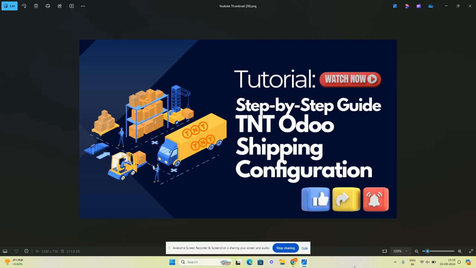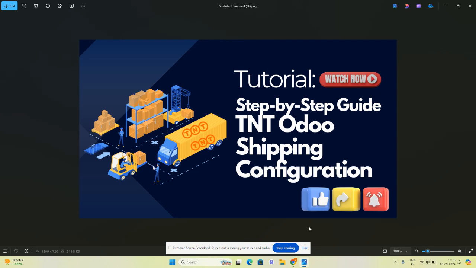Today we will show you the demo on TNT shipping integration with Odoo. In this video we will walk you through company and shipping level configurations. This module is applicable in test and production environment. We will cover single shipping response rate, generation of multiple packages and labels, and tracking of the shipments directly from the Odoo dashboard.